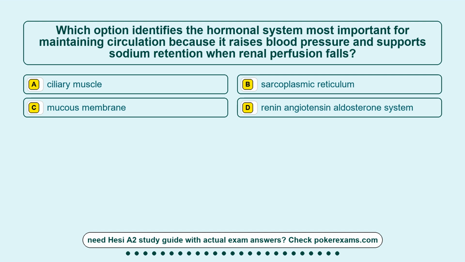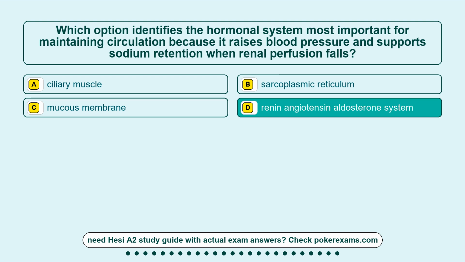Question 15. Which option identifies the hormonal system most important for maintaining circulation because it raises blood pressure and supports sodium retention when renal perfusion falls? Option A, ciliary muscle. Option B, sarcoplasmic reticulum. Option C, mucous membrane. Option D, renin-angiotensin-aldosterone system. The correct answer is option D,